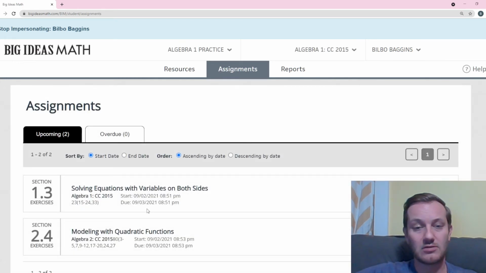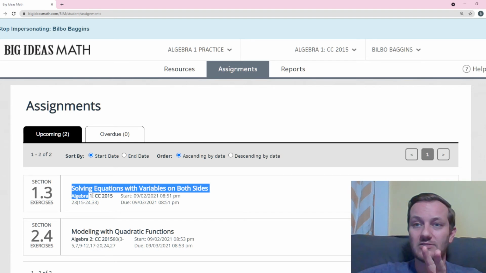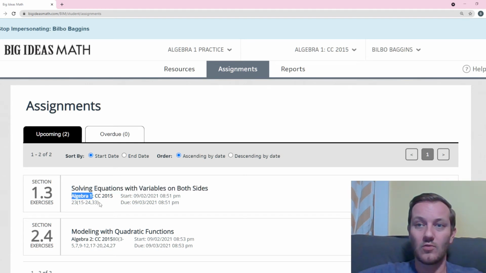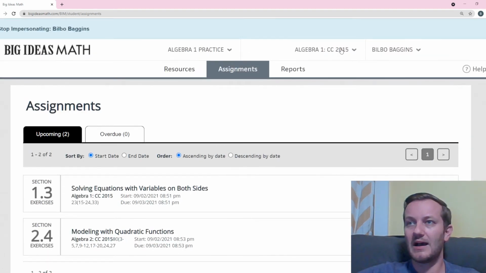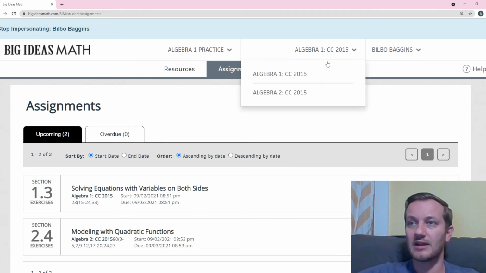And this is where our assignments will show up. Now we're going to have to be careful because we, once again, have two books that we're using. And you'll see one assignment here is Algebra 1, Common Core, page 23, and the other one is Algebra 2, page 80, et cetera. But I just want you to see that you could have assignments pulling from two different books, and I'll try to be posting them in a chronologically meaningful order. But you can also jump between your books if you click up here. You can jump between those.